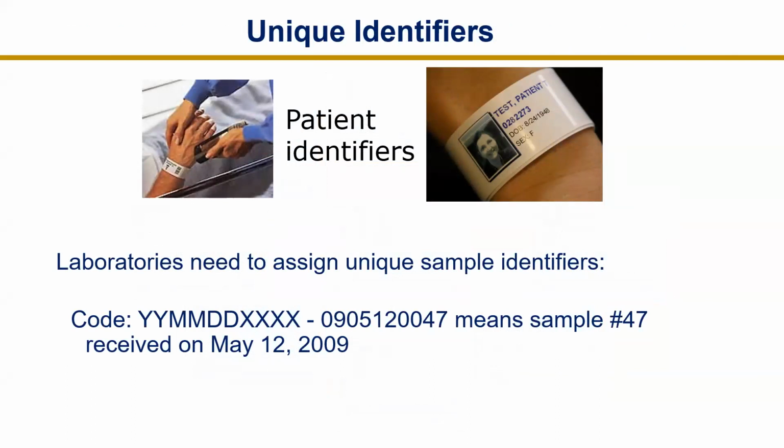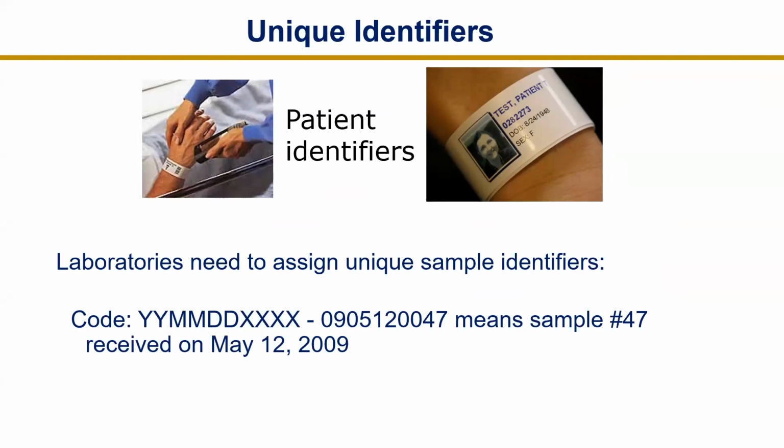So the first thing that we need to do in our business is to make sure that the specimen we're getting is coming from the right patient. And there are ways to identify those patients. The demographics are one way to identify patients. And once you get that information and the specimen from the patient, you also want to assign a unique sample identifier